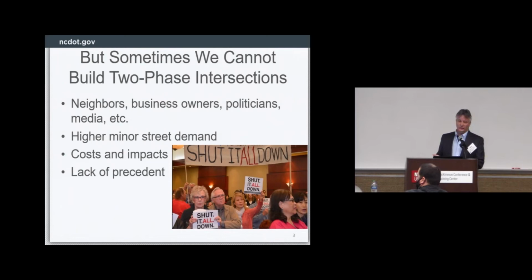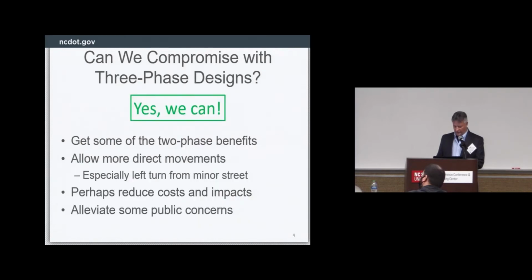So as much as I would like to, or maybe you would like to, turn every intersection into an RCI, we just can't do that. So the presentation today is a compromise, right? How can we get something built, something that's better than the standard conventional four-phase design, which I would accuse of being basically the do-nothing approach, to throw up our hands and say, well, traffic really doesn't matter. Get some of the benefits of a two-phase solution, but in cases where there's just some barrier and they're not letting us do the two-phase,